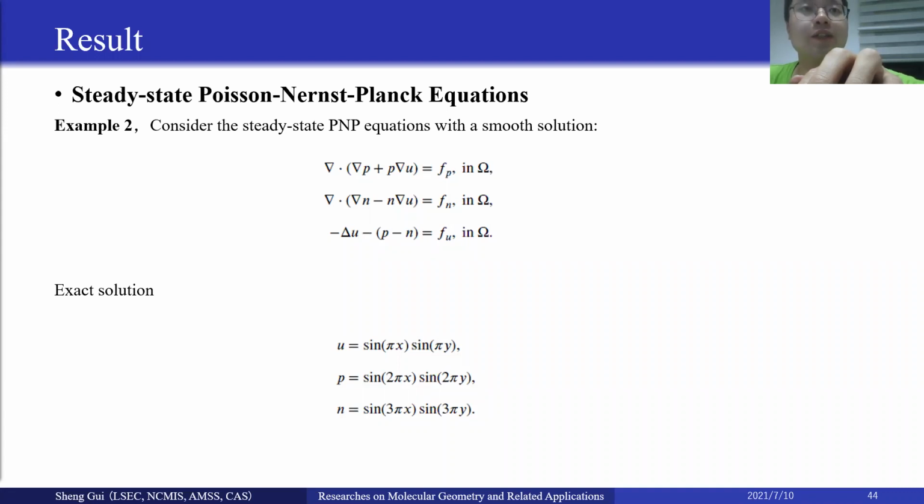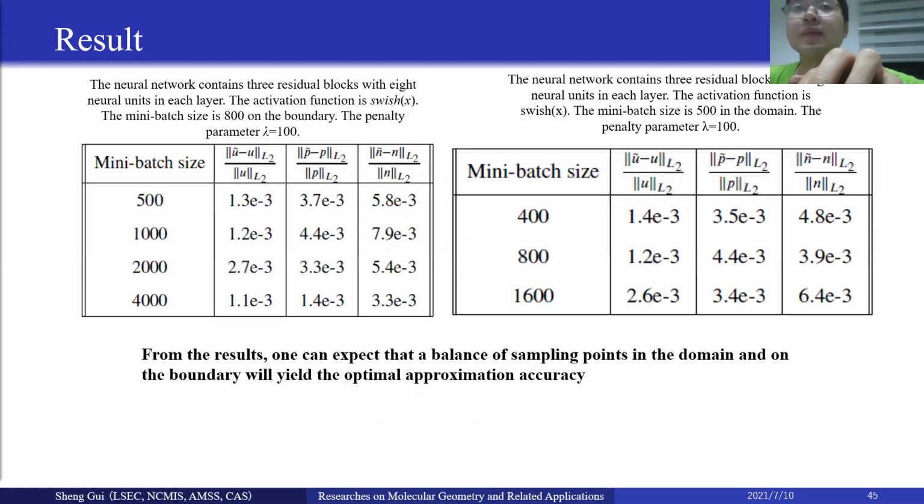The boundary condition and the left hand side functions are chosen so that the exact solution is given by this. Consider the Dirichlet boundary conditions in two dimensions. Relative L2 errors are